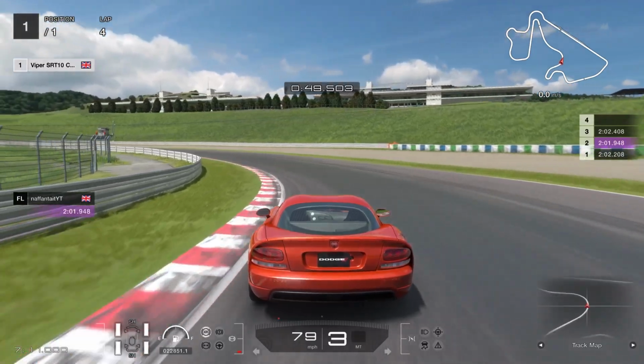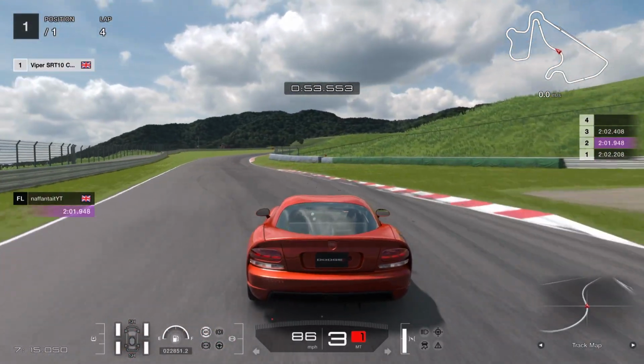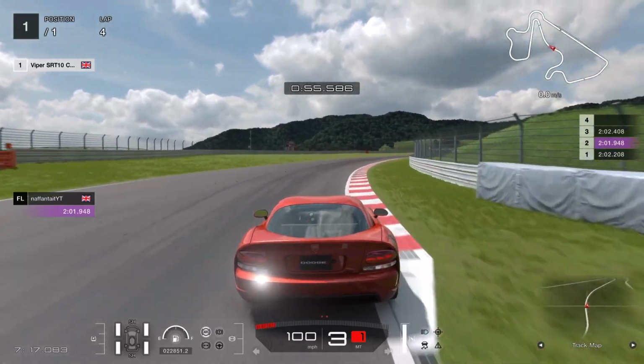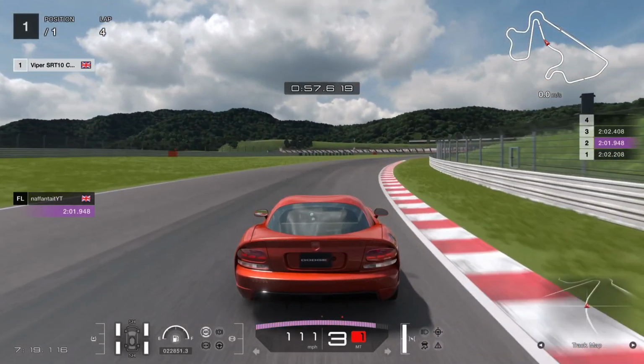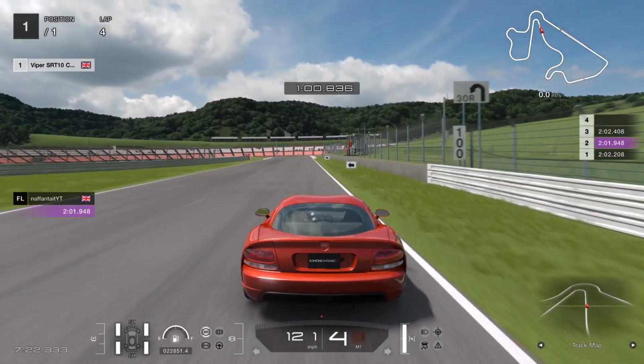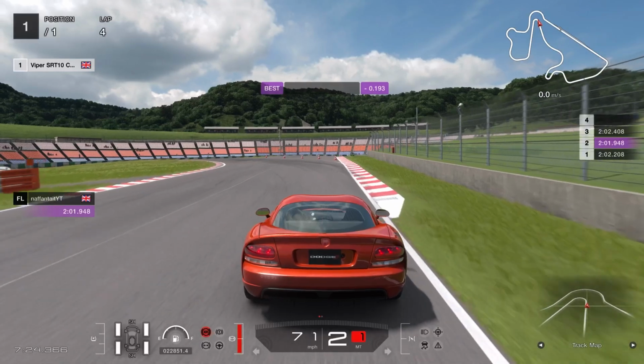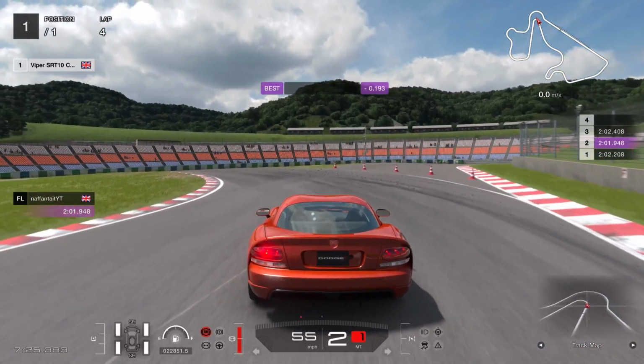The sweeping left-hander here, it's very easy. I do recommend keeping it in third gear and accelerate ready to go up the hill into the next tricky part of the track. Bring it over to the right hand side and look for these markers here. Look for the 100-meter board and brake nice and hard, very, very hard, and bring it into the left hand